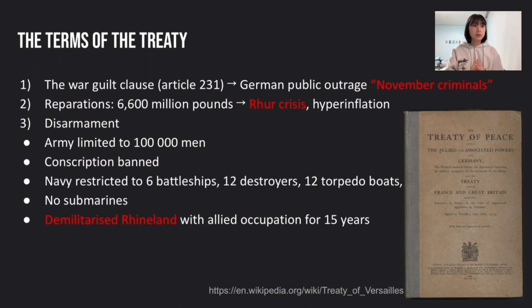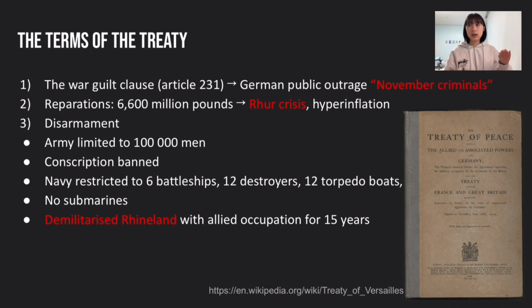It had looked to them as if their surrender was a deception by the loyal politicians. The common term used for them was November criminals. This was because the German public was constantly reassured by their government throughout the course of the war that they were winning, and that they would be asserted as the victorious nation in the war. So the sudden assertion of them taking on the entire blame of the war as the losing nation seemed unacceptable to them. So this is why they all rose up in discontent, and this actually led to more and